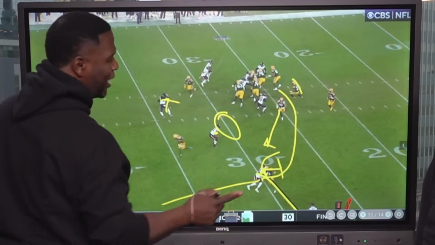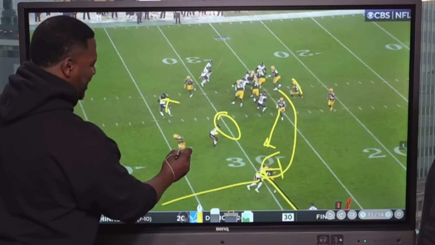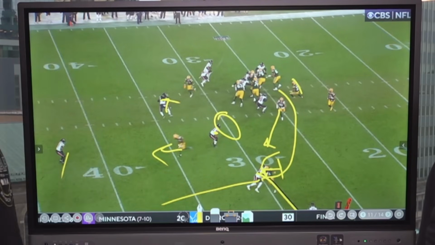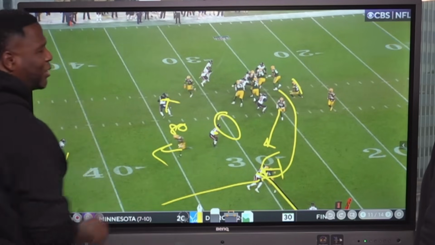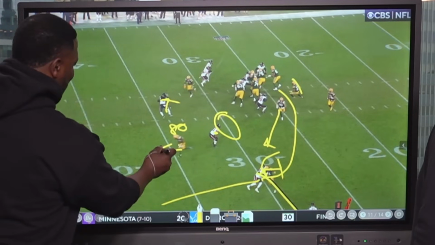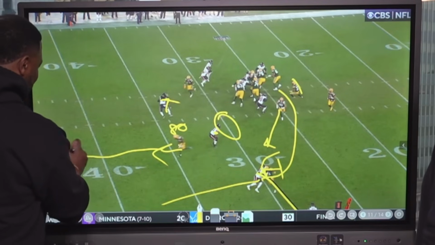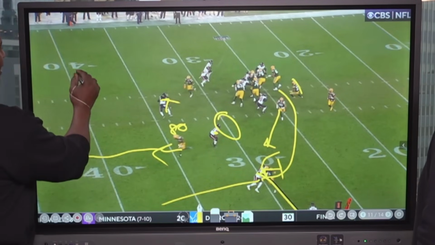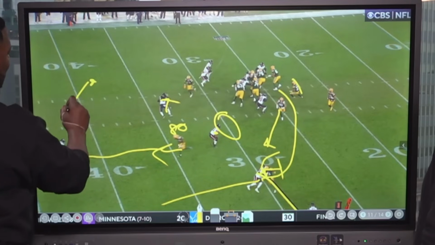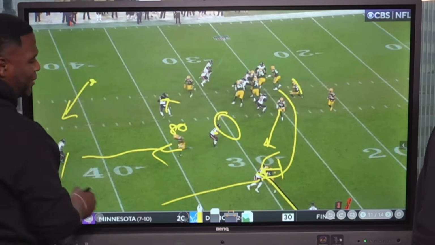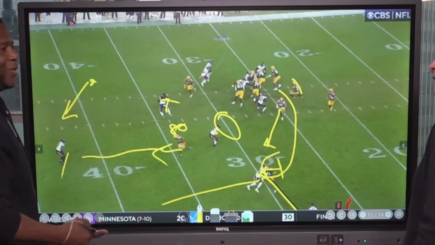Yeah. But the reason why it works is because you got one guy just getting it, and that's 80. He puts pressure on this safety to stay where he's supposed to be, so this play works. Now, the other safety doesn't have any work, so he starts to come in the middle, and we'll see him on the next play. But the smart thing, you asked me a question about,